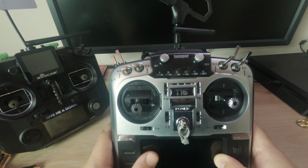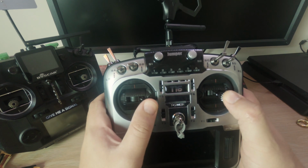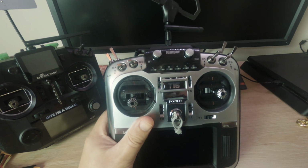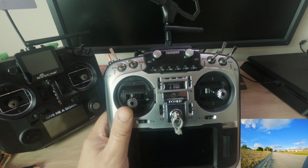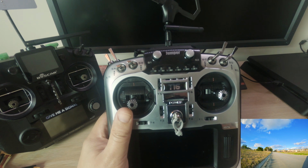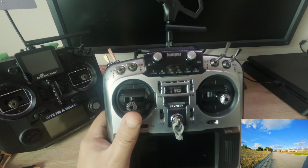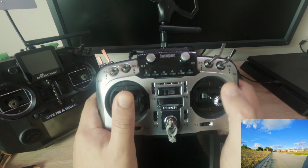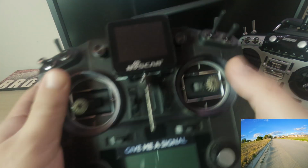I don't want too much precision, and I do not want too much responsiveness when I'm flying freestyle, because that kind of will exaggerate your mistakes. It'll exaggerate motions that you may have not intended to go for. So things like stick smoothing will help you with that, but ultimately I want to avoid using as many crutches as I can. And with these bigger gimbals, I feel like